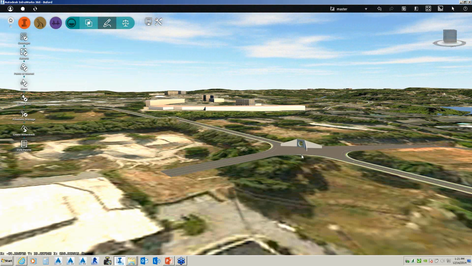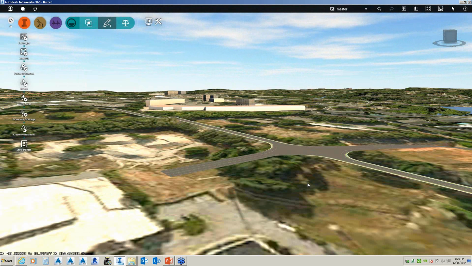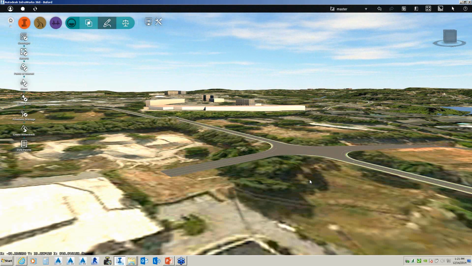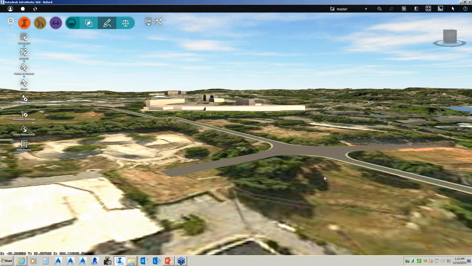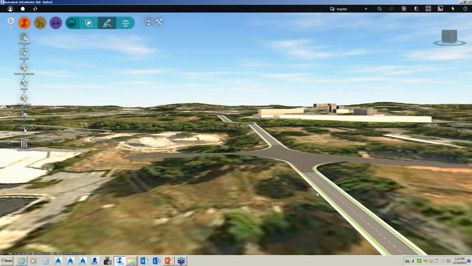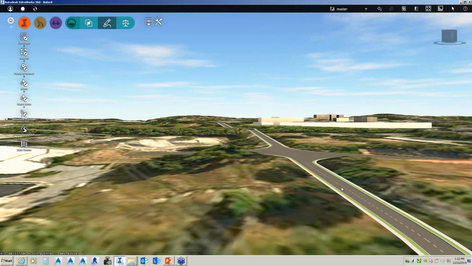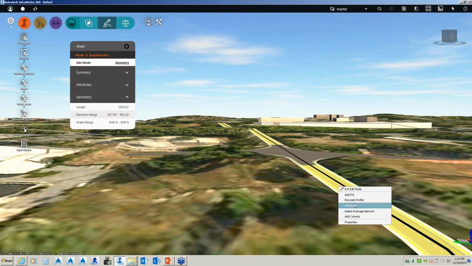And again, the idea that I want to get across is really, how long does it take to do a concept of a road or a building in reference to working with CAD data or working with Bentley data or working with any data? How long does it take to do that? I mean, if I did a simple road like this in CAD and Civil 3D, how long does it take for me to right-click on this and say, add a drainage network?